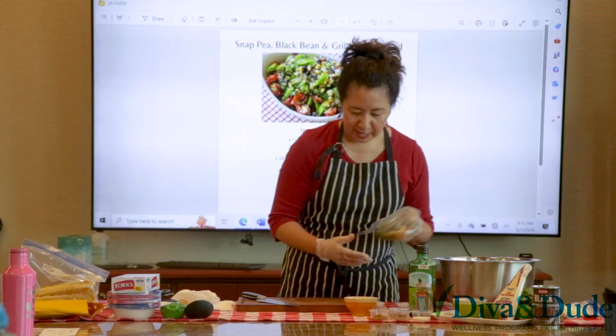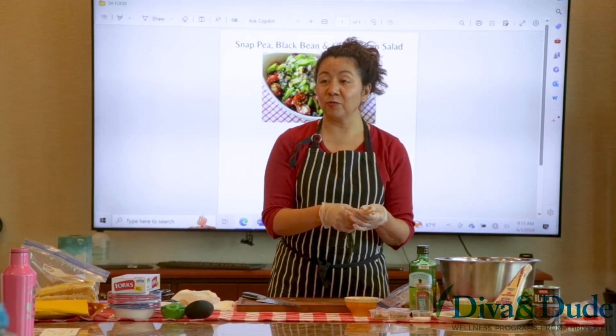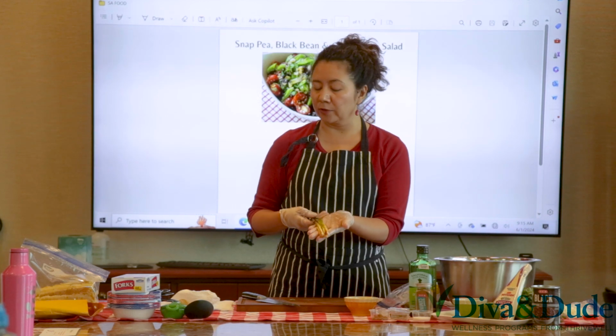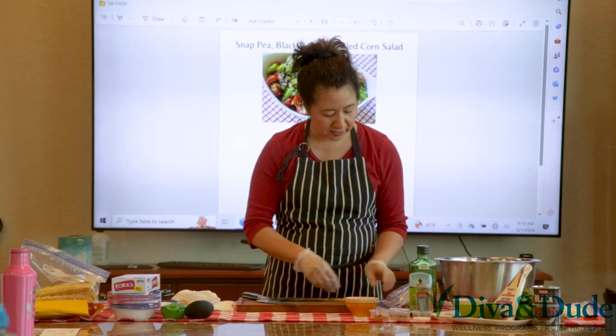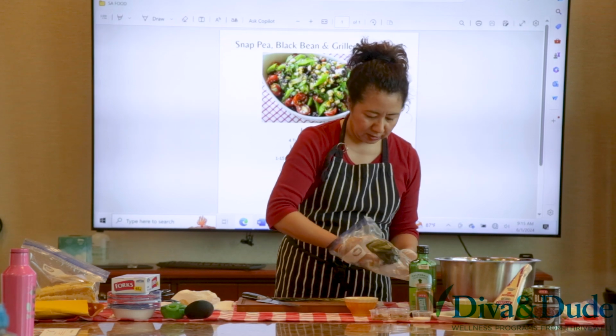The other thing that we're going to add are these grilled onions. Now, those onions you were talking about would be perfect in this salad. You could do the same thing. I just put these under the broiler, but you could put them on your grill just for a few minutes. And it brings out the natural sweetness of this onion. So what I'm going to do, I already have them all nicely